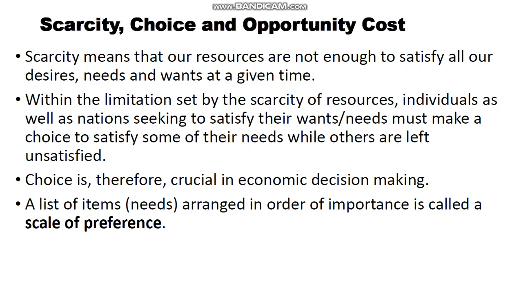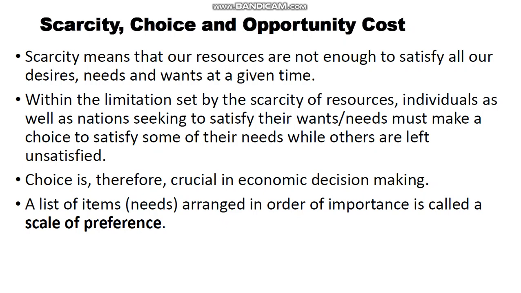All because we don't have the resources and the time to do everything within a short period of time or at the same time. Now, anytime we make a decision or a choice, we have to forego something. Let's say you need a television. At the same time, you also need a mobile phone. Remember, the money you have cannot buy the two at the same time. So you need to make a choice between buying a television or buying a phone. If you decide to buy a mobile phone, what it means is that you are foregoing the television.